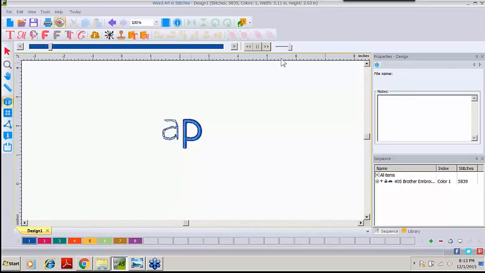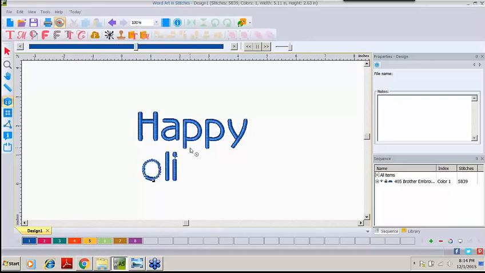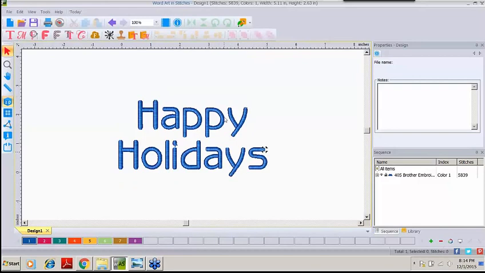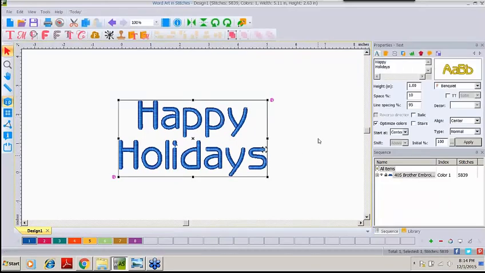And let me speed that up a little bit while I do some talking, and you can see it stitched out, and this plays a nice part. This might be something that you'd like to choose. If you have very long lines of text, this is going to help tame that pull on the fabric. If you have long lines of text and each one are starting at the left side, you might notice some pull in your fabric. So this is one of the tools that we are offered to help guard against that. I'll go ahead and stop that, bring that back up, select my Happy Holidays once again,